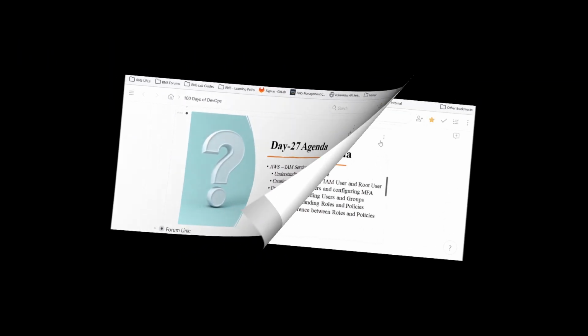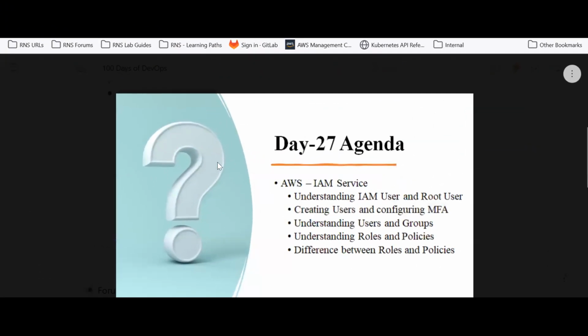Now let's come back to today's agenda, some important points. What you are going to understand in today's agenda is the AWS IAM service. This is a very, very important service from the security concerns point of view. If you would like to give permissions to all the users that can access the account, which services they can access, and which level of permissions they need, for the development teams and testing teams, all that access control can be managed through this service, that is IAM, Identity and Access Management. In this agenda, you are going to understand users, groups, and how we configure multi-factor authentication,